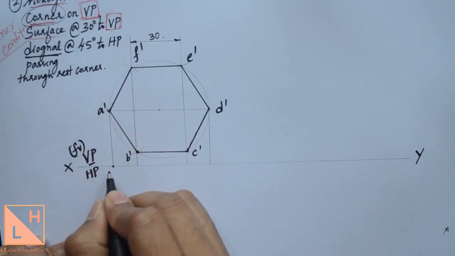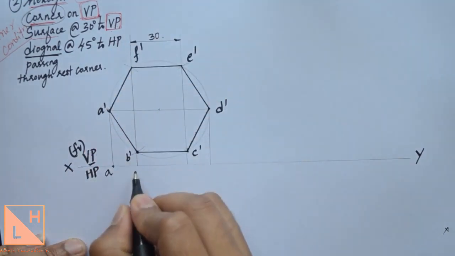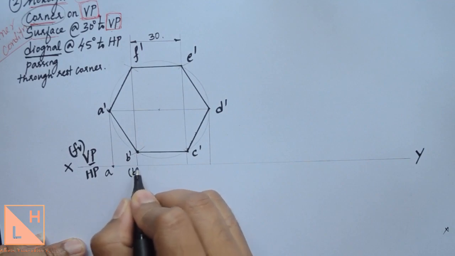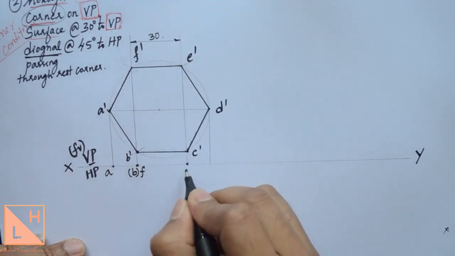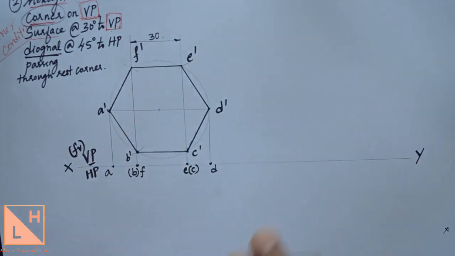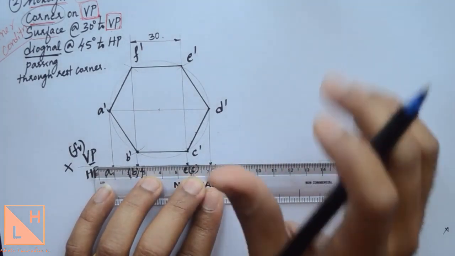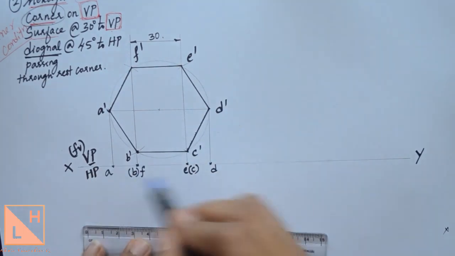So below A dash you'll have A. Looking from top, the first point is F, next comes B. So we'll write B inside bracket and F outside bracket. So you just need to darken this top view because the plane is looking like a line. As I already mentioned, you need to show the lines with a dark line, all that belongs to the plane. So here the plane looks like a line from A to B.